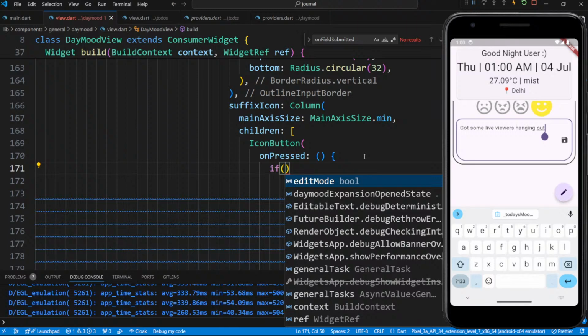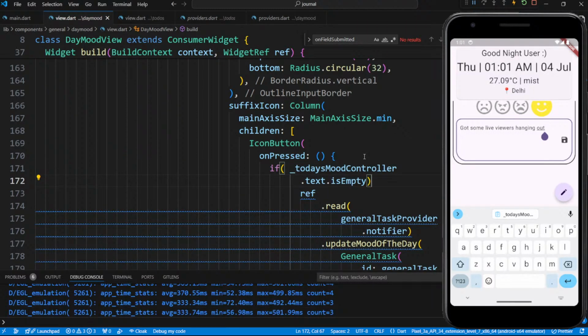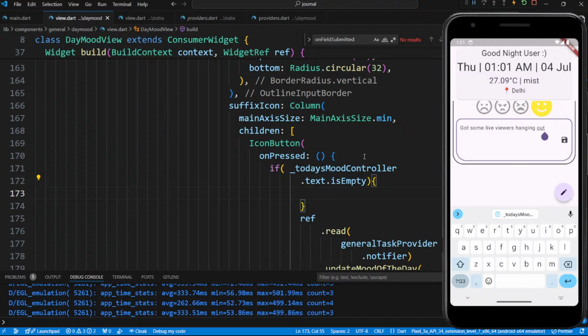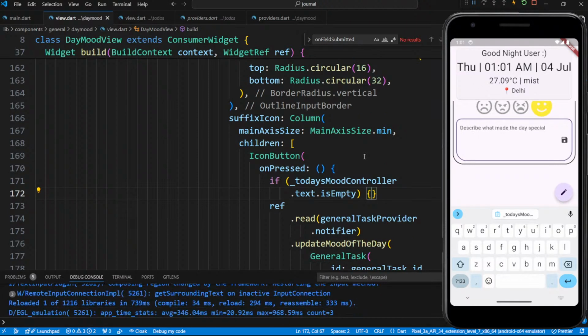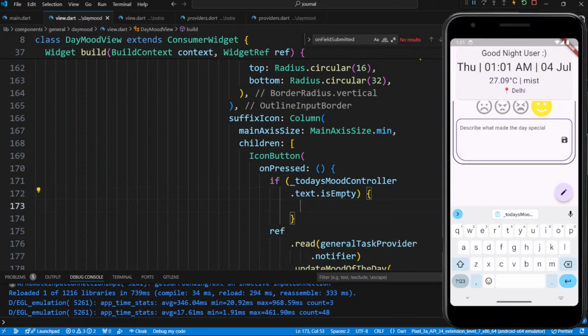If it's empty, if this is empty, okay, we should ideally disable this, but what can we do is